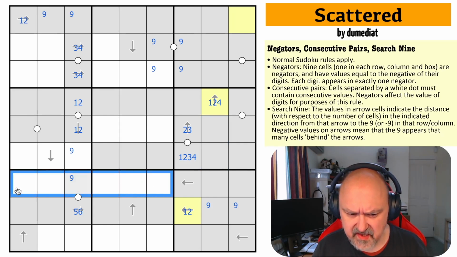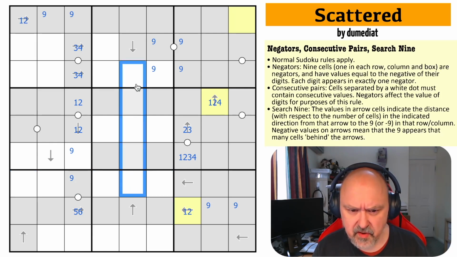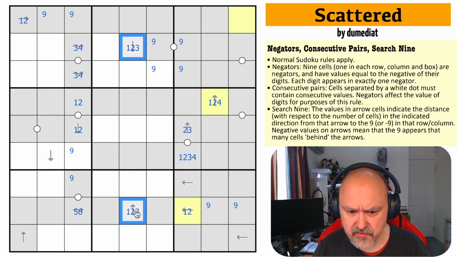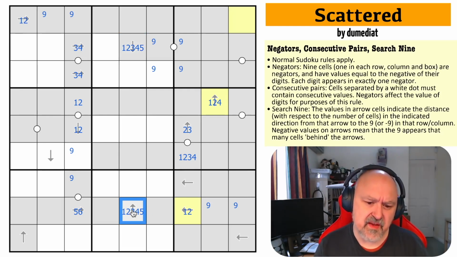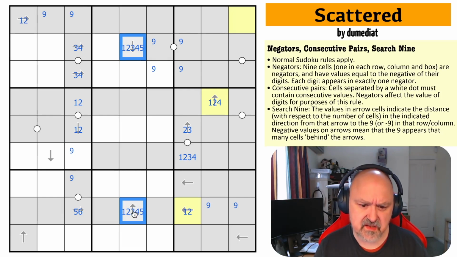Nine is over here. So we know 9 is in here. So 1, 2, 3, 4, 5. These are both 1, 2, 3, 4, or 5. Now that, if this is what, these sum to 6, because if this is 1,